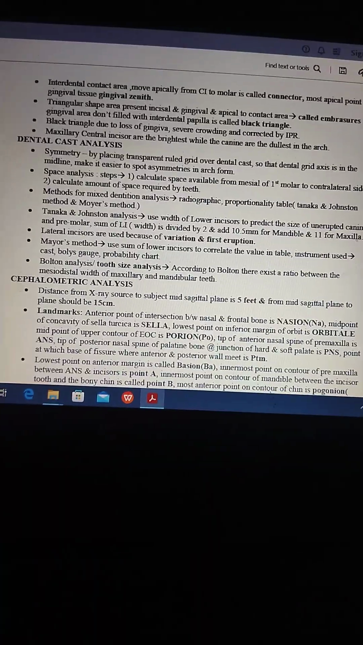So what is cephalometric analysis? The important points we are going to discuss: the distance from the X-ray source to the subject's midsagittal plane is 5 feet. Please remember this point. It is an MCQ. And from the midsagittal plane to the film plane should be 15 centimeters. Landmarks